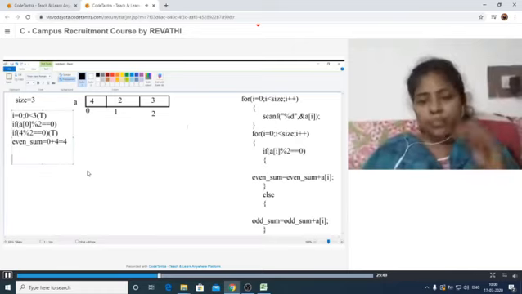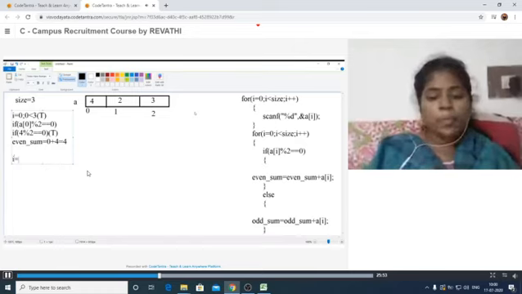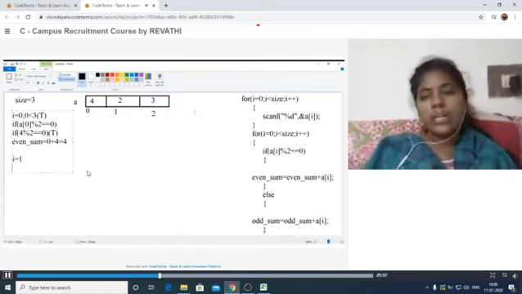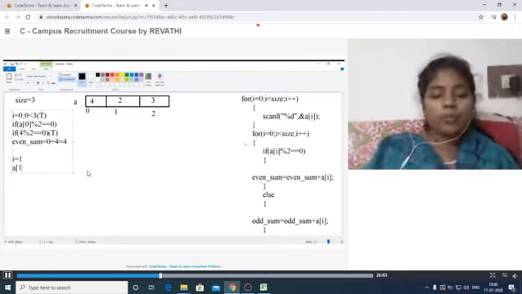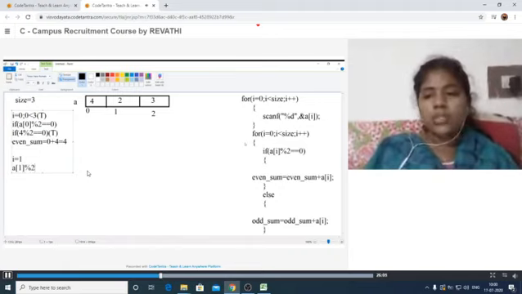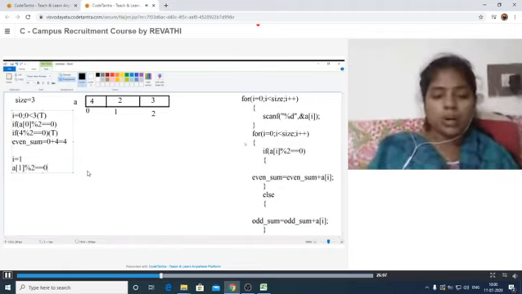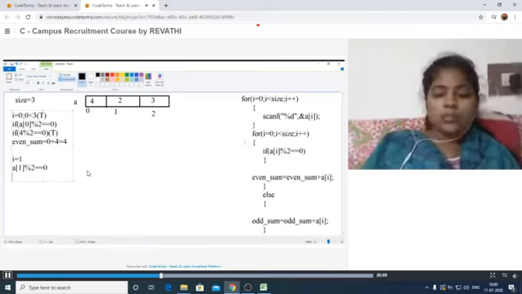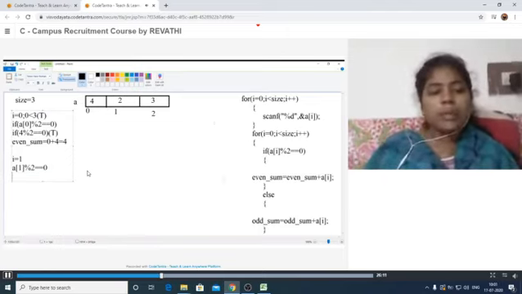See, i is incremented by 1, that means i is equal to 1 now. Next it is checking the condition 1 less than 3, the condition is true. Then it is checking that A of i, A of 1 modulus 2 is equal to 0 or not. Okay, now check the condition, what value is present in our A of 1, that is 2 here.